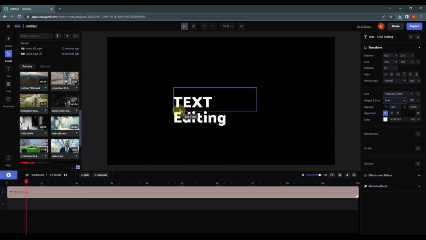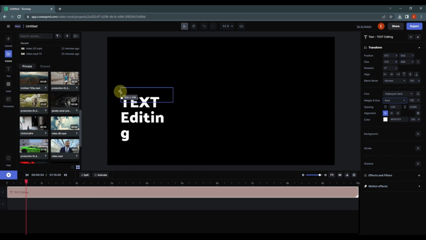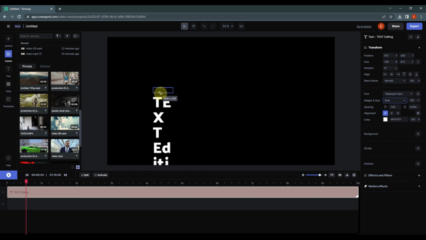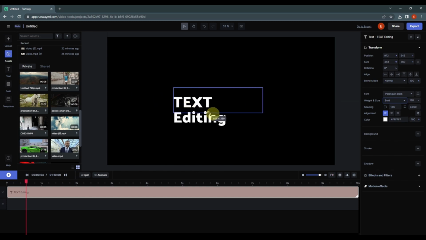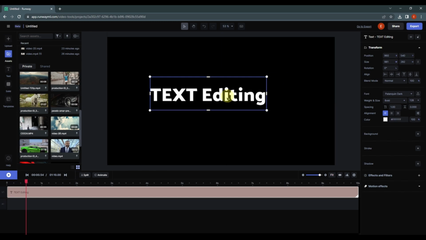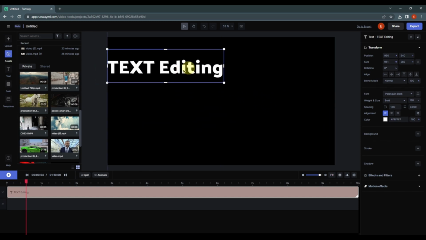So now we have this area of the text, and now as you can see, I am lowering the text area, and now we have this effect. So you can also add one character effect by using this transform controls. So if you want to scale it up the text, you can use this, and you can change the position by selecting the text on the previous screen, and you can place this anywhere